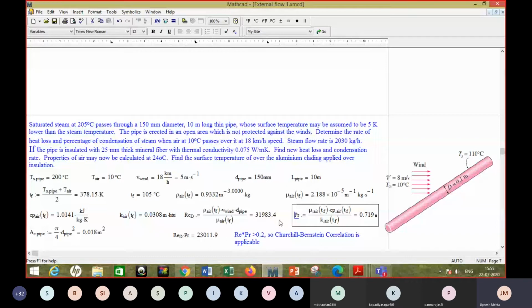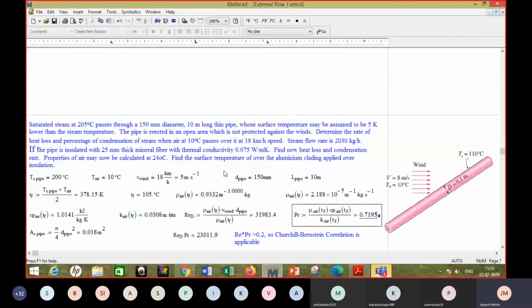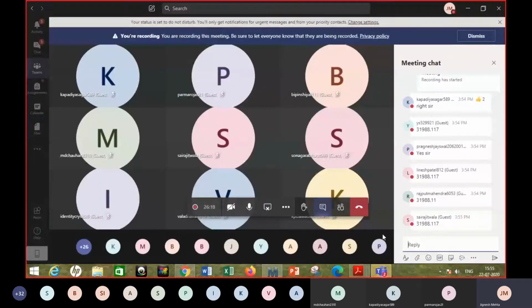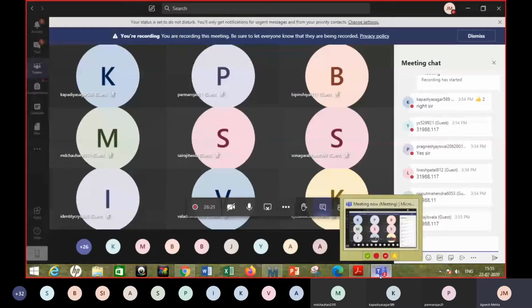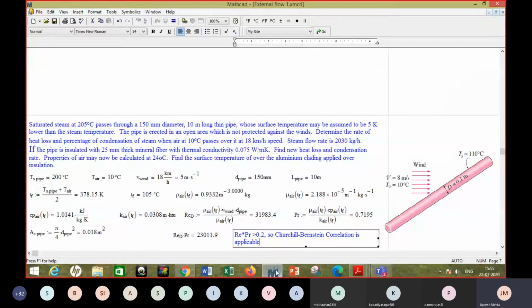Okay, now get the Prandtl number. Get the Prandtl number because it's not given in the table. So it is mu Cp by K. Prandtl number is mu Cp by K, and just again confirm that you are getting something close to this, right? 0.719. The Prandtl number has comparatively less influence, so even if you are less accurate about that, it's fine. But still, I have displayed it up to 4 significant digits. So mu Cp by K, the Prandtl number, and whether you get this number, 0.7195.